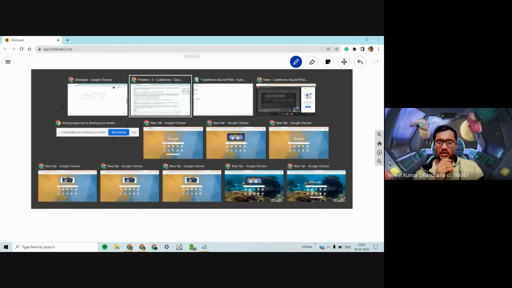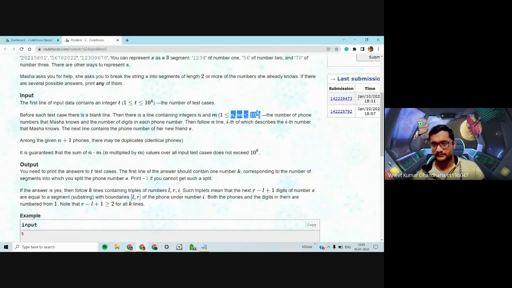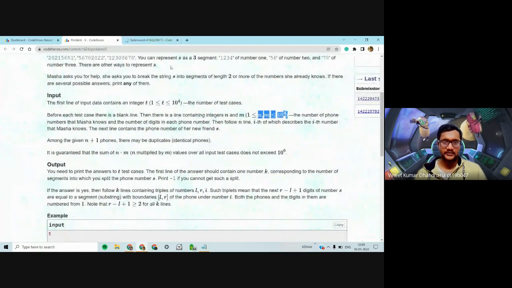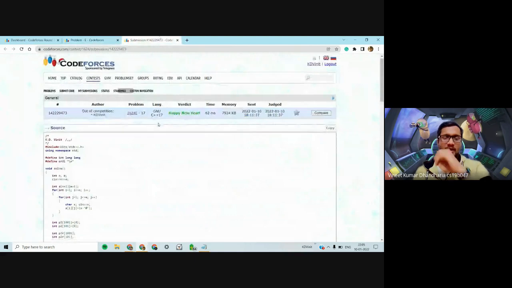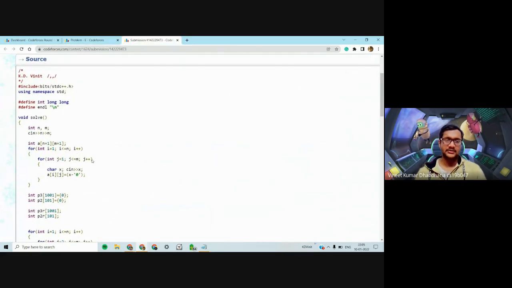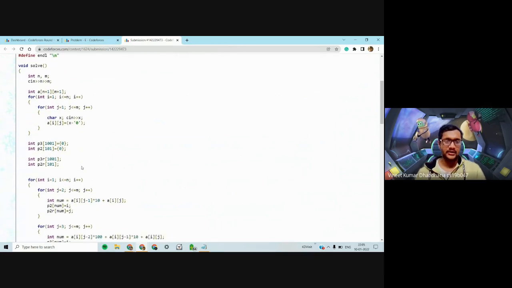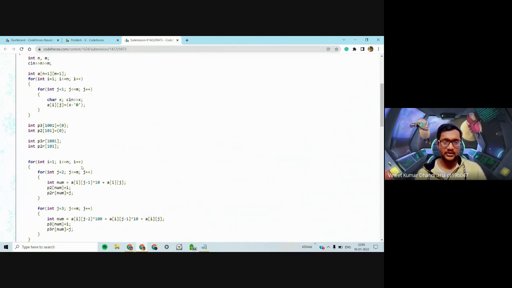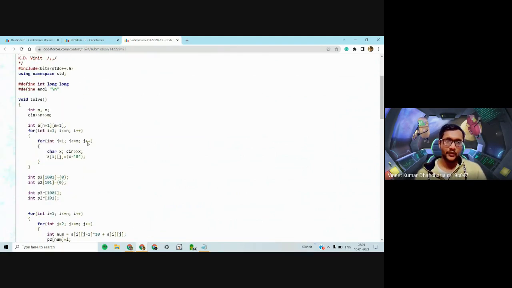So I'll just show you the implementation now. Yeah, so this is my implementation. Again, it may not be the best, but it should give you a good idea. Since I have implemented it in the context of the contest, it may not be the ideal code you would want.